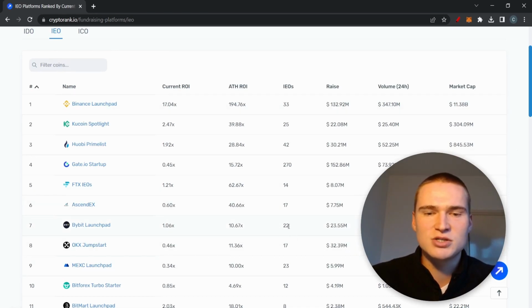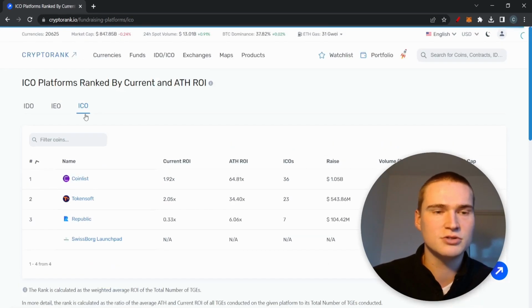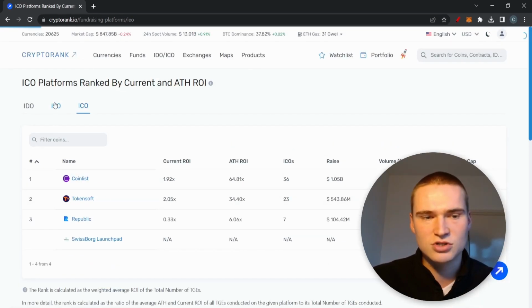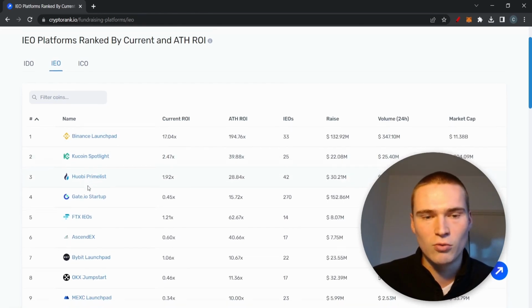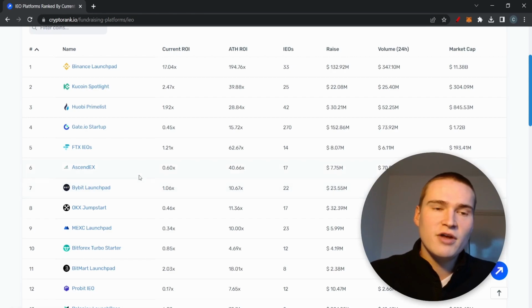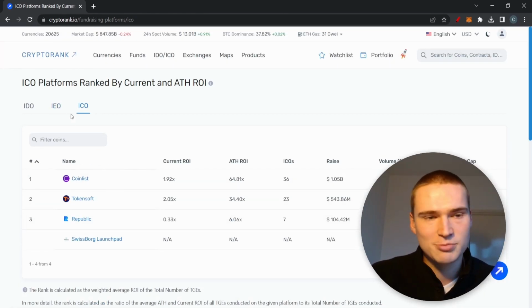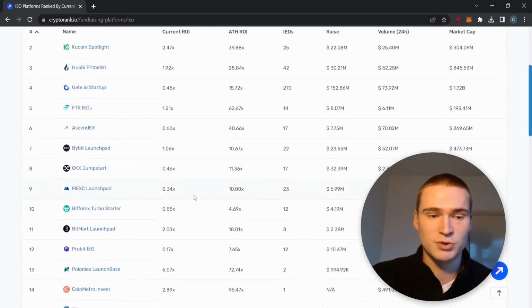They only had 22 launches, as you can see, whereas Gate.io has 270. But that's definitely one to watch. And overall, Binance, KuCoin, and Huobi are the ones you need to watch the most. Those are good. If a project launches using CoinList, TokenSoft, Binance, KuCoin, Huobi, and BYBIT, usually that's a good sign. If they launch with other launchpads, like the other ICO launchpads, or on other exchanges, which you have a lot,